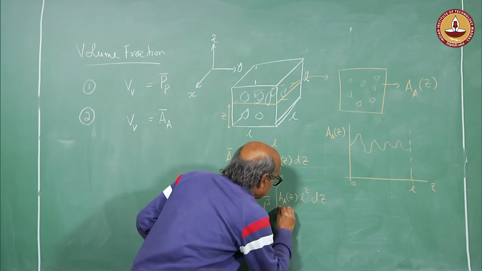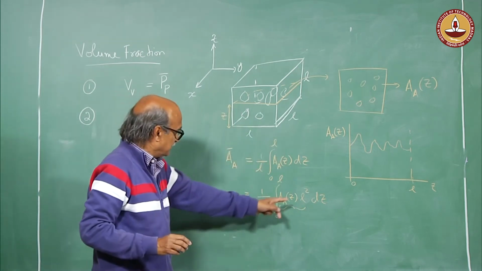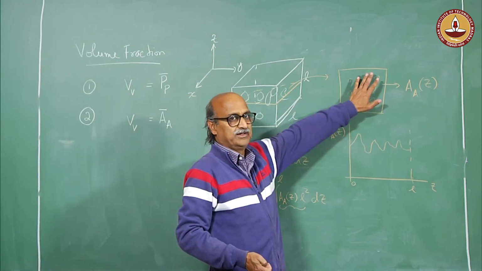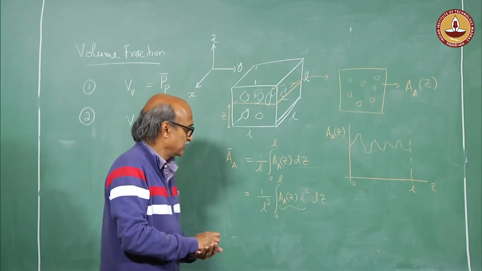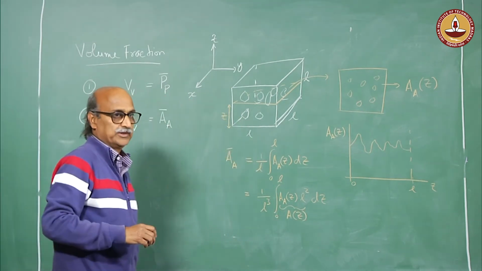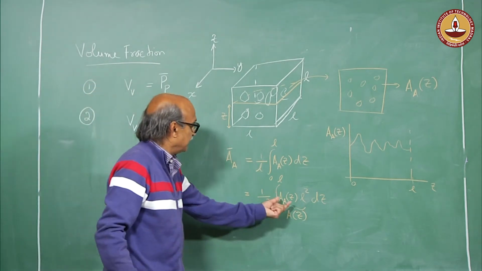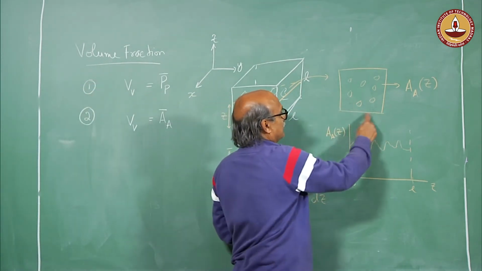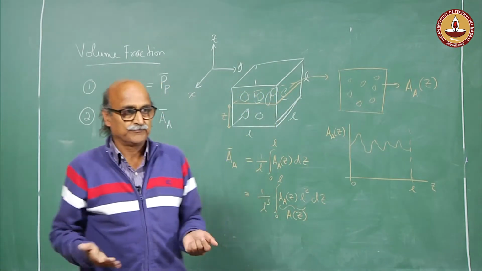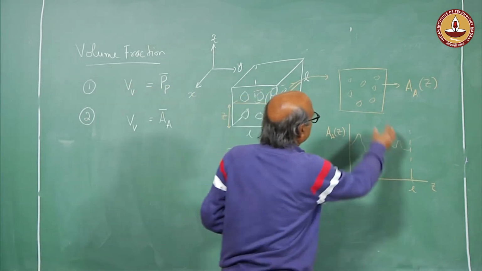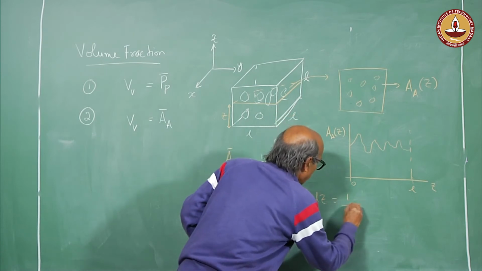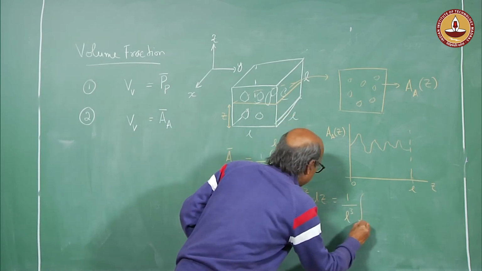So, all I have done is I have multiplied and divided by L square. Now, what is this quantity? Az times L square, this is nothing but the total area of these particles observed at position z. So, this could be then written as Az, right. This is the area fraction, then if this area fraction is multiplied by the total area, then that gives you the total area of the particles. So, this becomes 1 upon L cube integral 0 to L